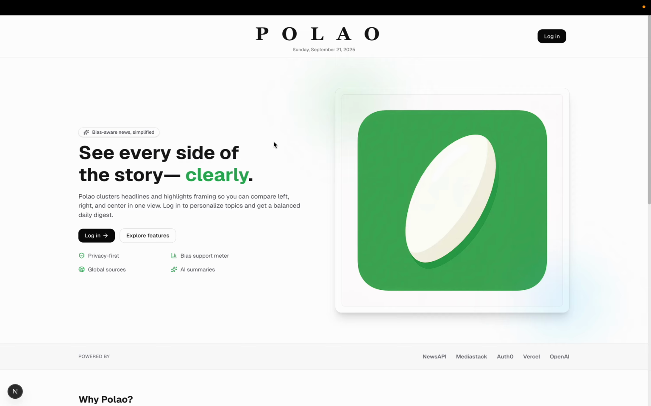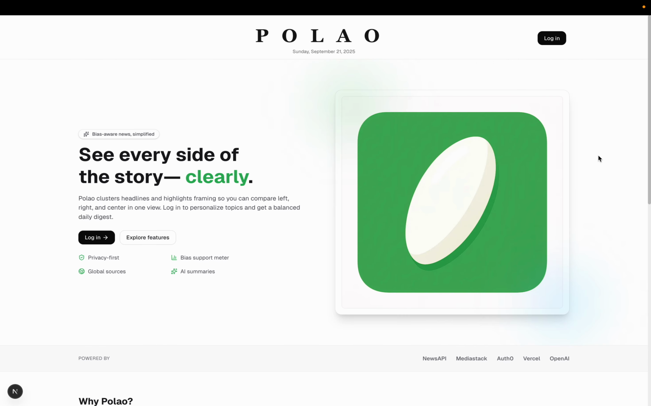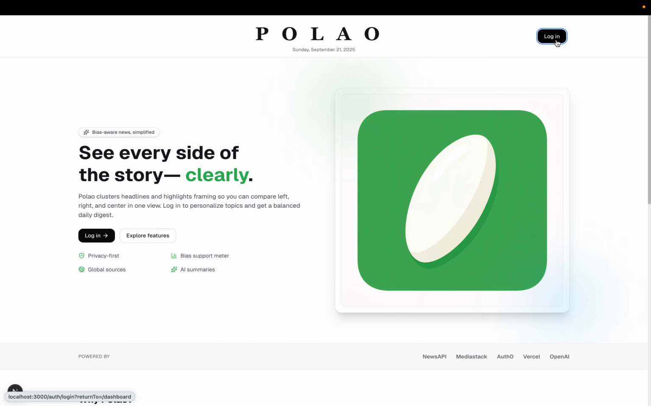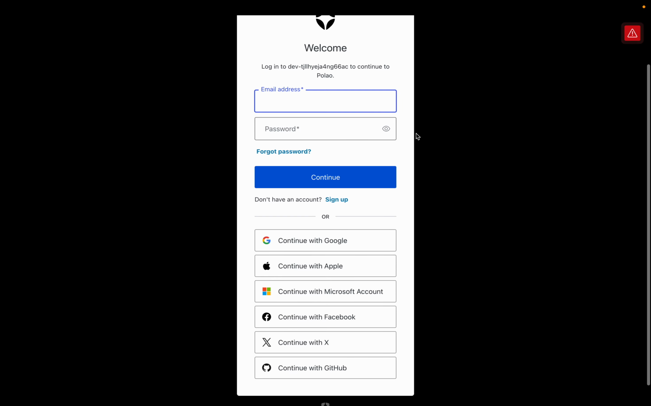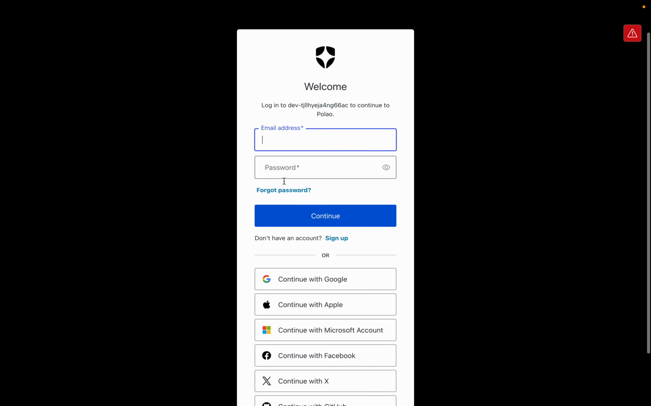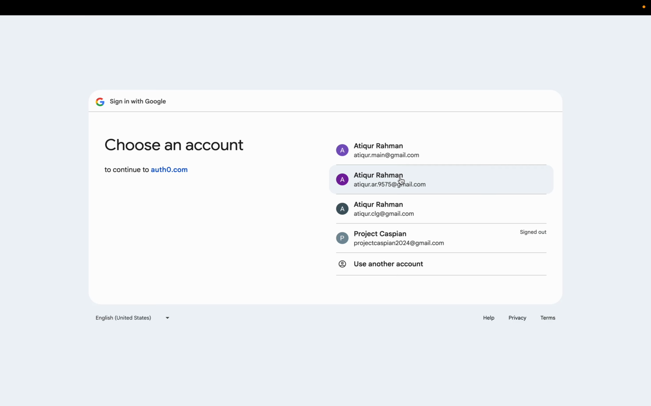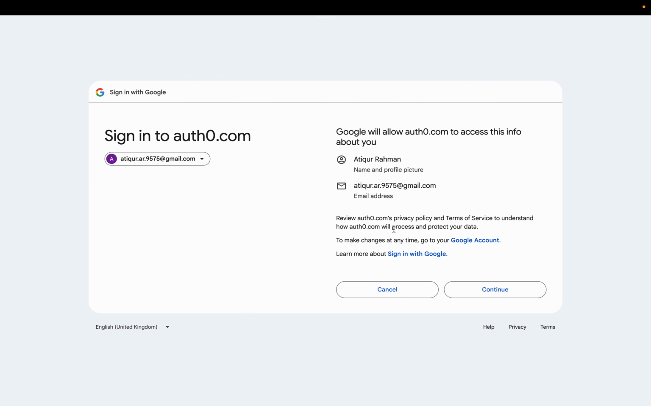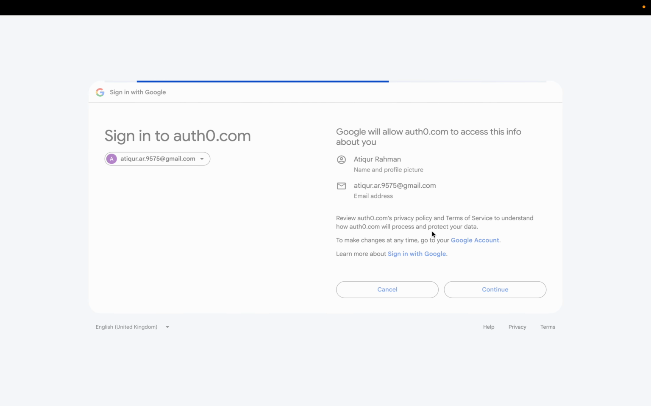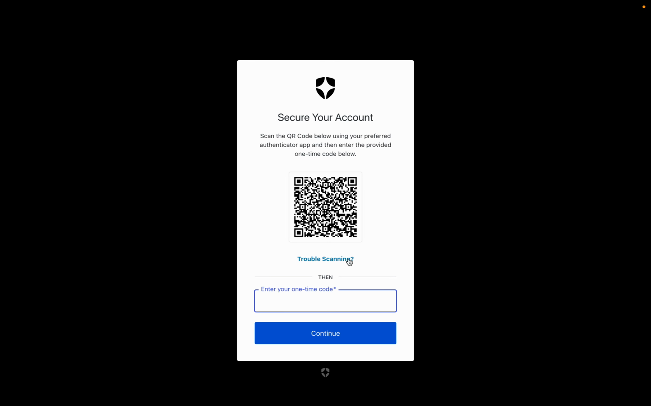So this is the landing page for Pulao, and we implemented auto login. So it has multi-factor login, and for now I'm just gonna log in with my Google account. I'm just selecting my Google account, and Google will allow auto to access info, and then